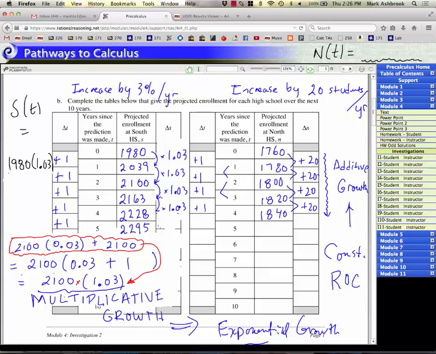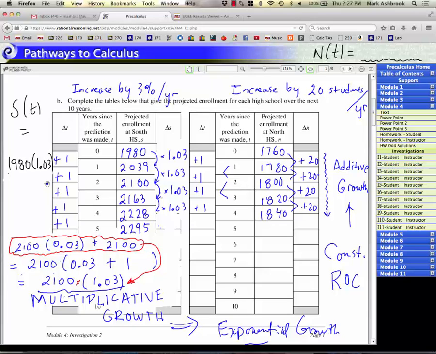1.03 multiplied 10 times, and then times what? Right, you would start with 1980, and then for every year you multiply by 1.03, so after 10 years you will have multiplied it by 1.03 10 times. So after t years, that's what I heard you say. That's right. So after t years, it's going to be that starting value of 1980 times